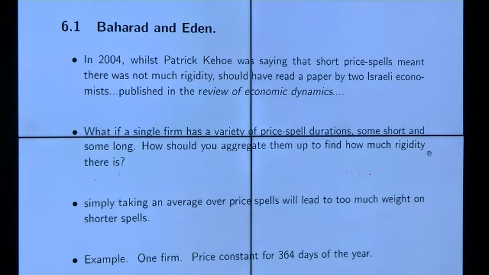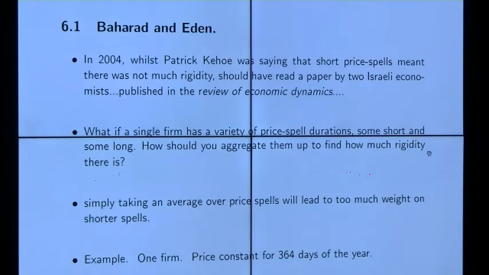distribution. Now there is another paper by two economists, Baharad and Eden. They wrote a paper, they answered a slightly different question. These two economists, they're not both Israeli actually, one of them is an Israeli, the other isn't. But they published the paper in 2004, and rather than looking at a panel of price spells, they asked a different question. If a single firm has a variety of price spell durations, it sets its price over time, and some of those price spells are long and some are short,